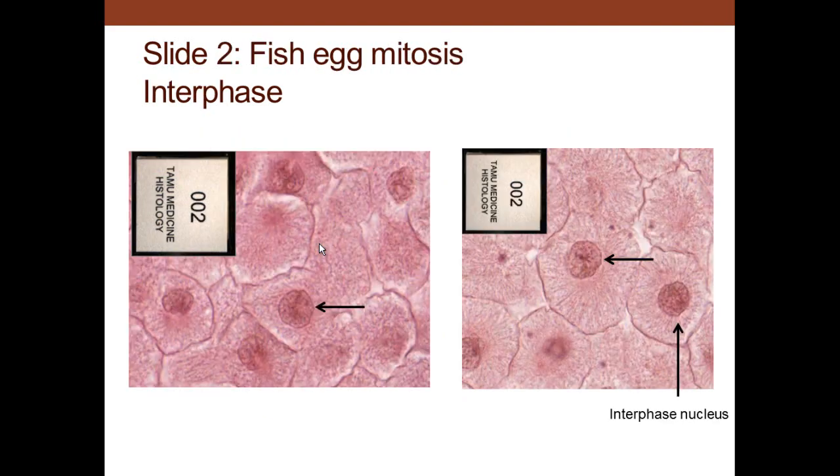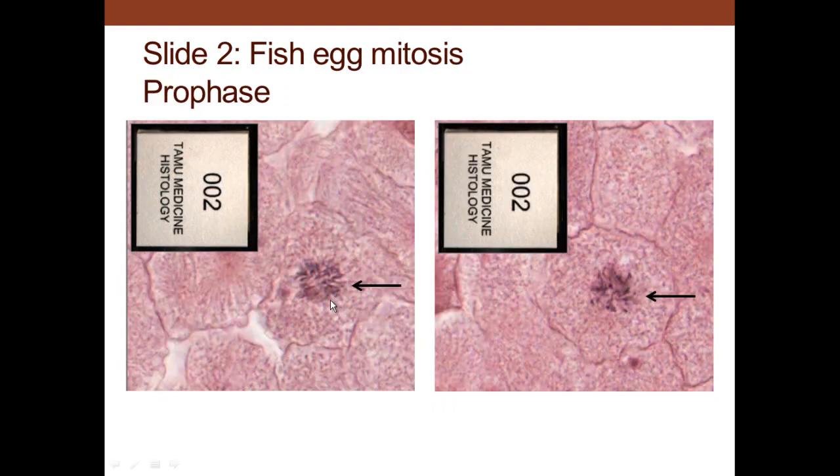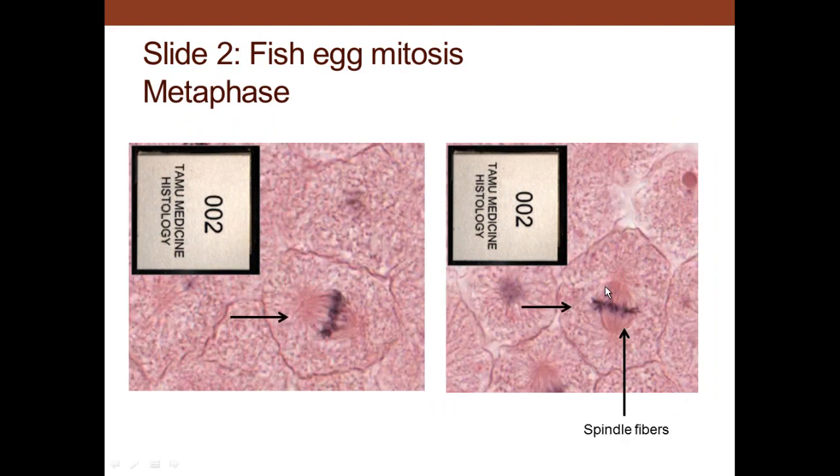We can see the same thing in the fish eggs. This is the interphase nucleus here and here. And then this is the prophase, where the chromosomes are forming from the interphase nucleus. And then this is metaphase, and you can see where they have lined up very nicely. And these structures here and here are the spindle fibers, which are the microtubules that are associated with pulling apart, and this would be where the centrioles are located here and there, which organize these microtubules